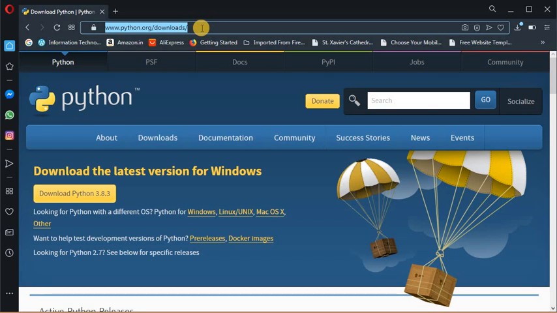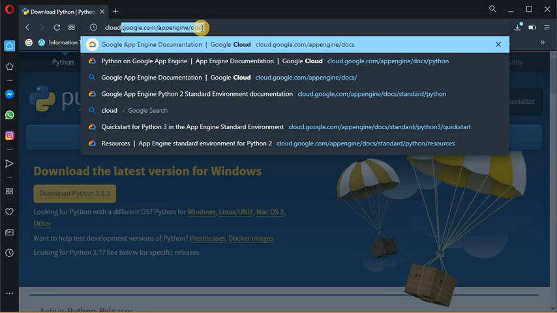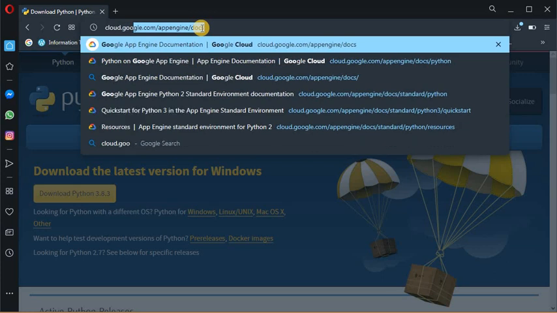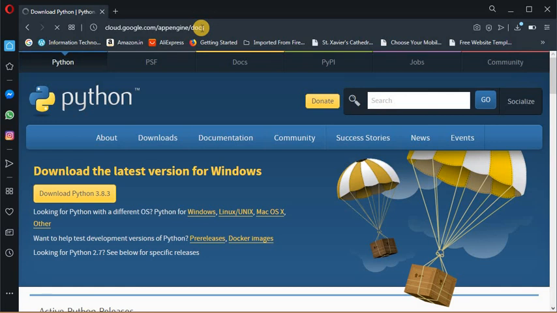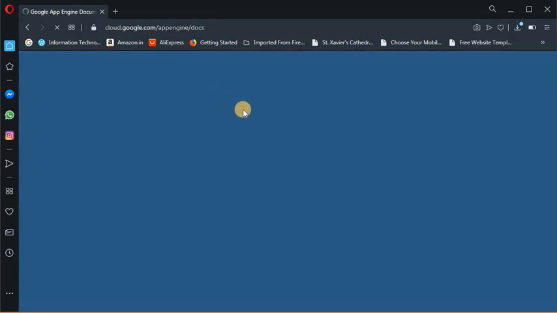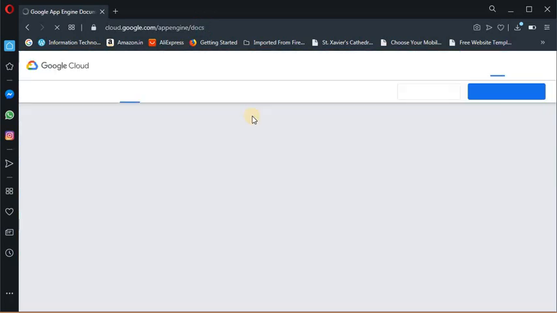For that you just get into cloud.google.com/appengine/docs. This is the documentation page available for App Engine. You can just get into this.